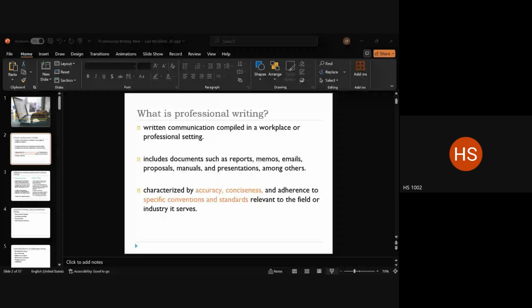You're not allowed to use your own template or any random template. So adherence to the conventions and standards in terms of the templates and formats, and in terms of how the documentation itself has to happen, accuracy and conciseness would become the basic three elements on which your professional writing stands.